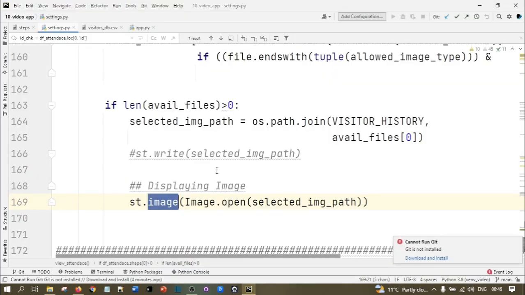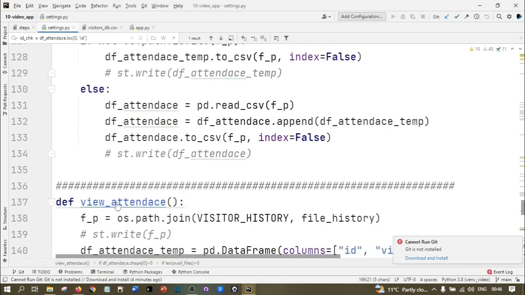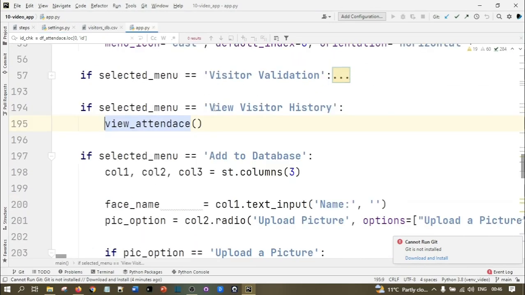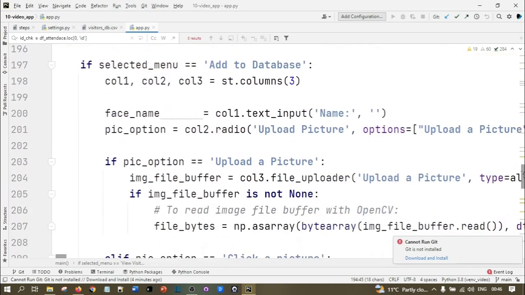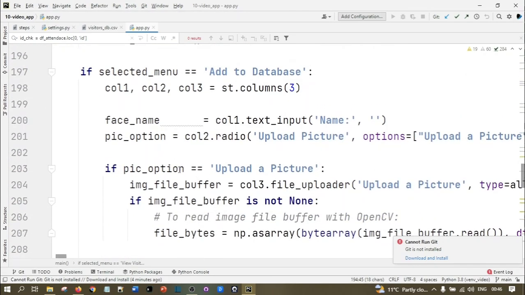Okay, this second part, view visitor history, is also completed. Now the third part, add to database. Here what I'm doing,